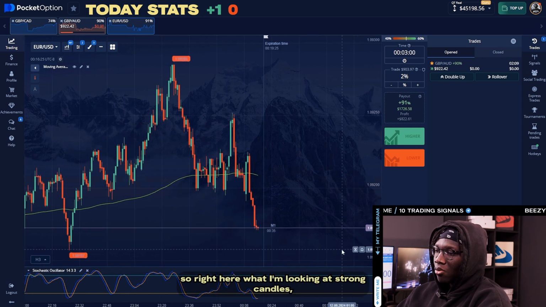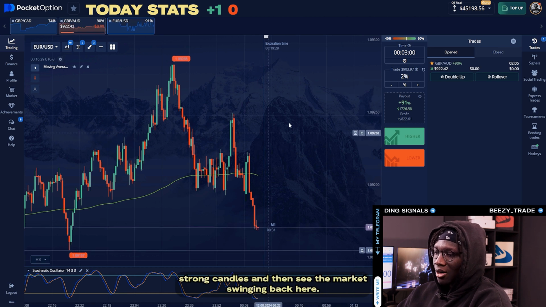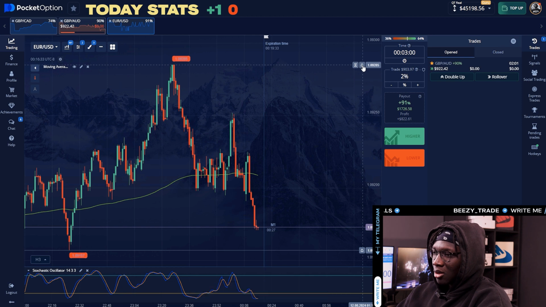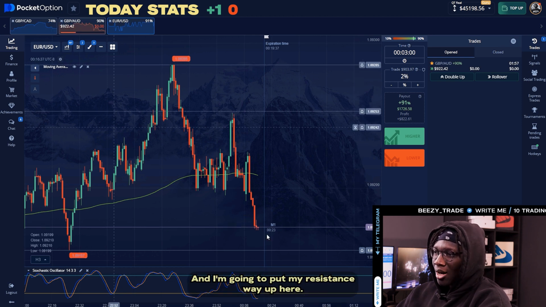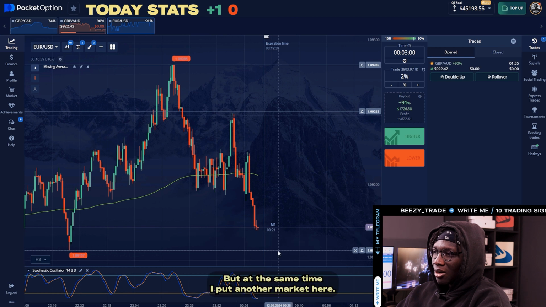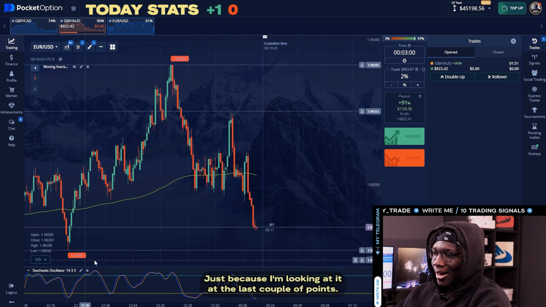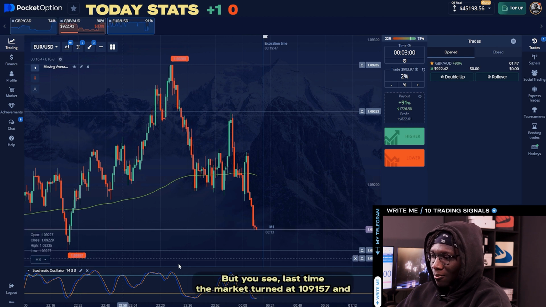So right here, what am I looking at? Strong candles. Well, let's see the market fighting back here. So I'm just going to put my recent support, and I'm going to put my resistance way up here. But at the same time, I put another marker here just because I'm looking at the last couple of points. And this also could put a point of reversal. But you can see last time the market turned at